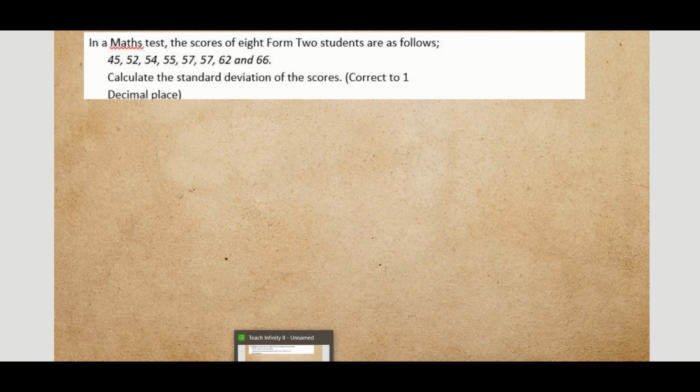In a maths test, the scores of 8 students are given as follows. Calculate the standard deviation of the scores. So the first thing you're going to do is to calculate the mean